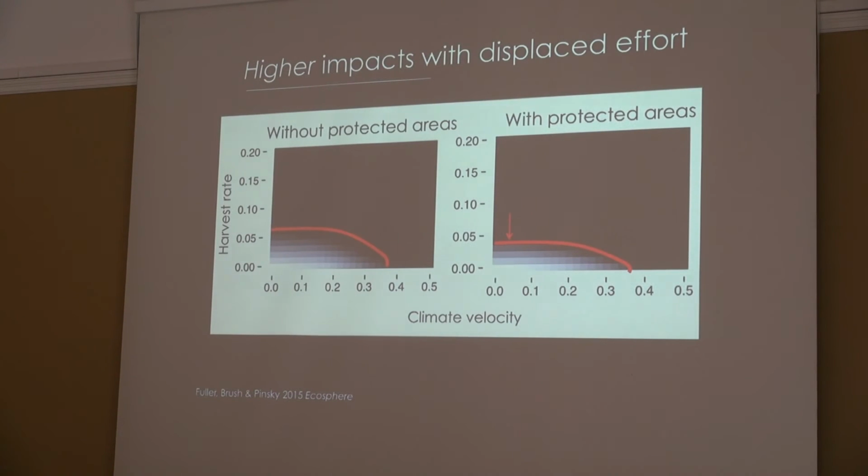So it's a relatively simple model, but I think the key takeaway message is that how humans react to these conservation measures and how they adapt to these changes ends up being a really important part of the problem. It's not just about species responding to climate, it's also about how humans react to these changes in the environment. We have to think about it as a coupled social ecological system. So, how do people react